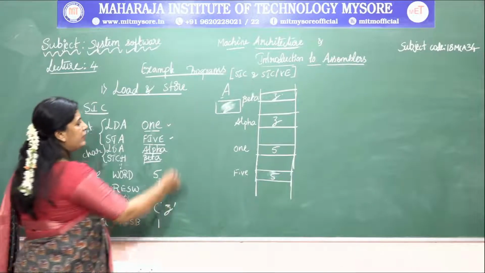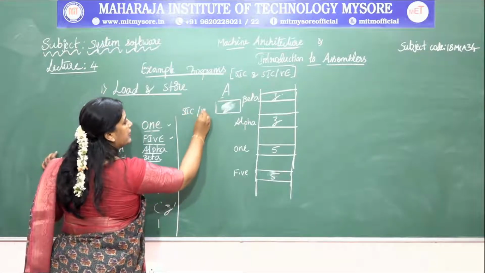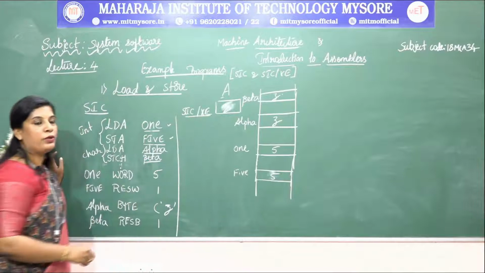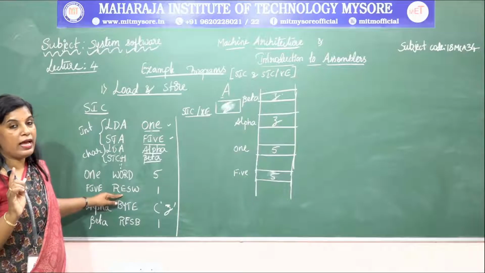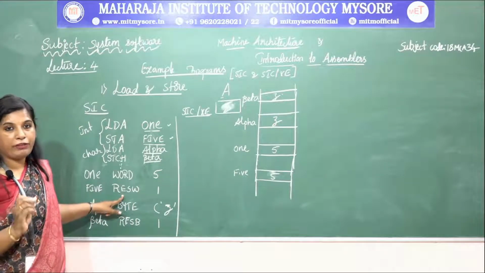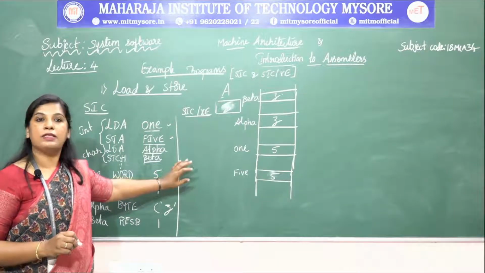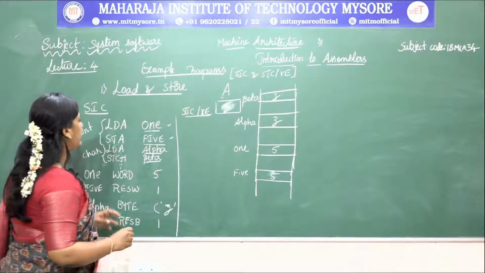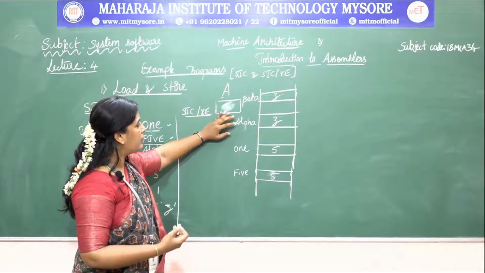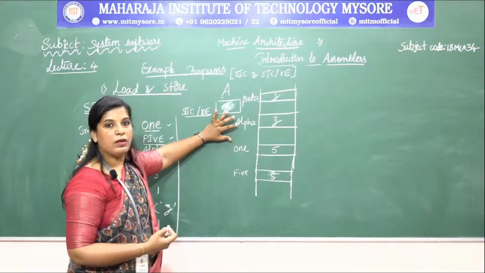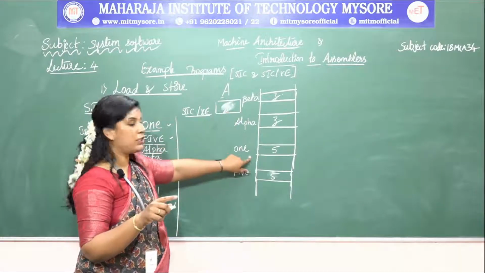How can we write the same program using SIC/XE? SIC provides only two addressing modes, direct addressing mode and index addressing mode, so we cannot use any immediate value there. But in SIC/XE, we can directly use the immediate addressing mode. In SIC, I cannot directly initialize the accumulator with 5, because the accumulator itself holds the value 0, so I want to initialize it with the value present in 1.